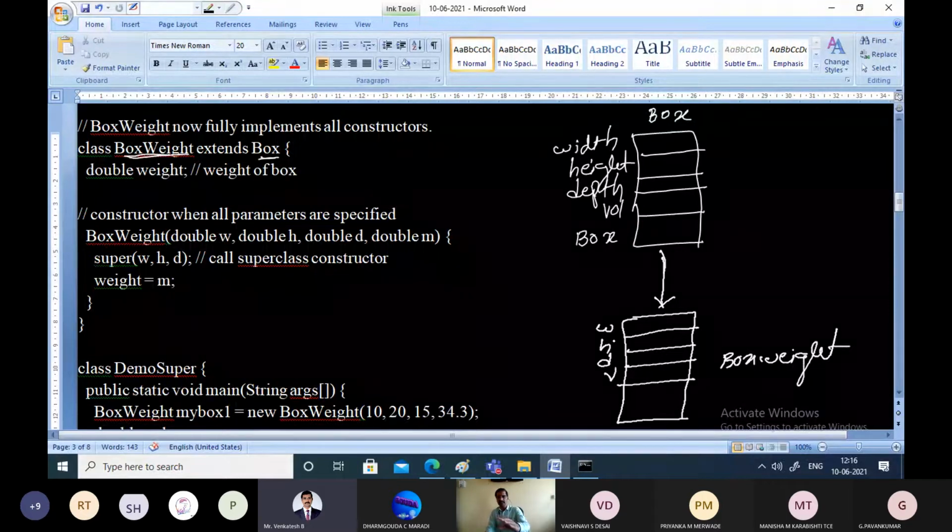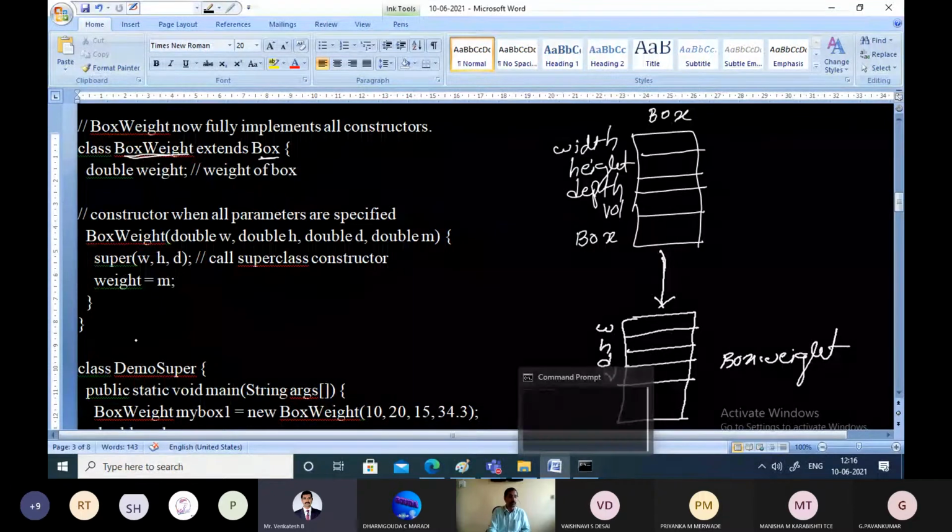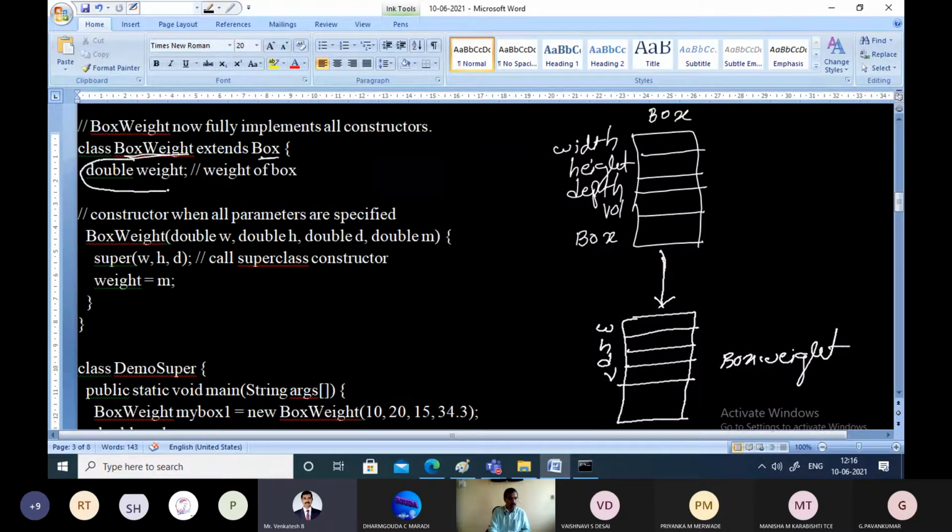Everything it will inherit from the superclass. Along with that, it has its own member. What is that? Weight is its own member.